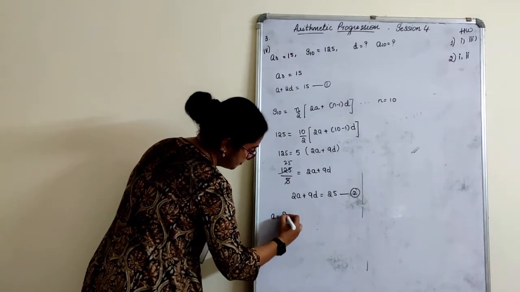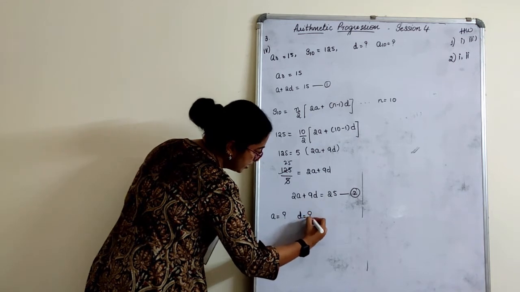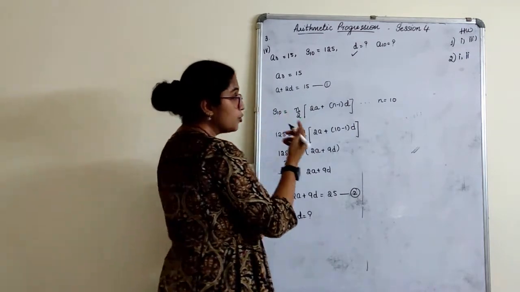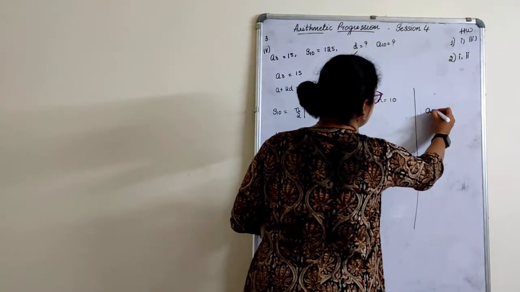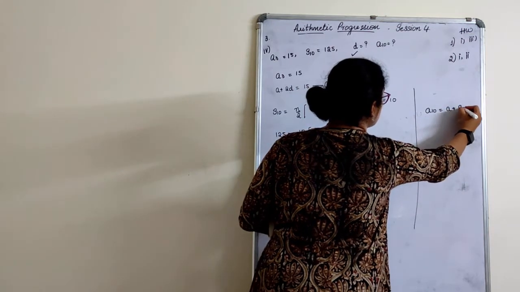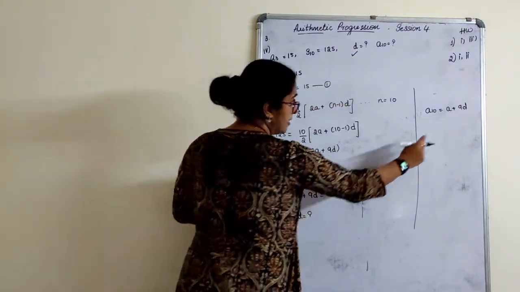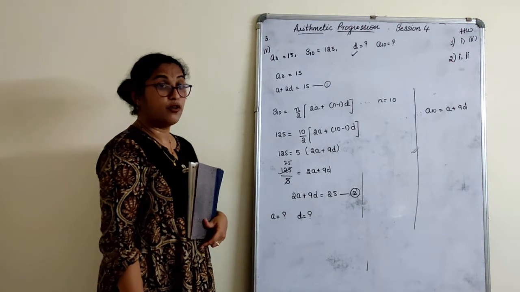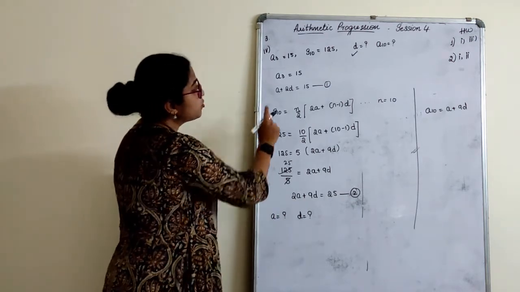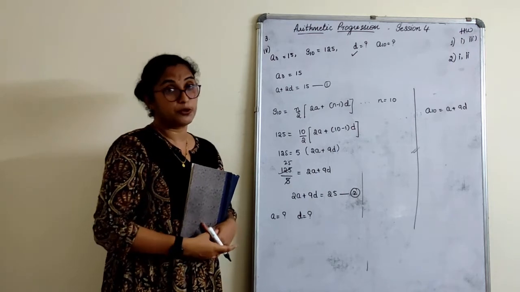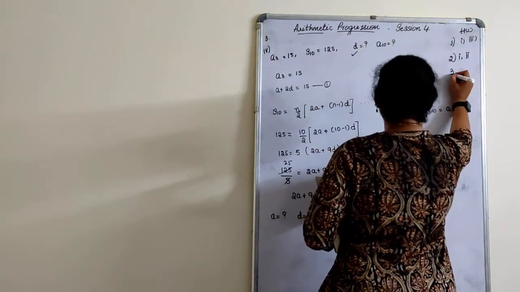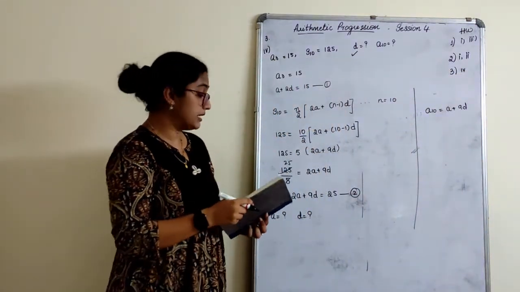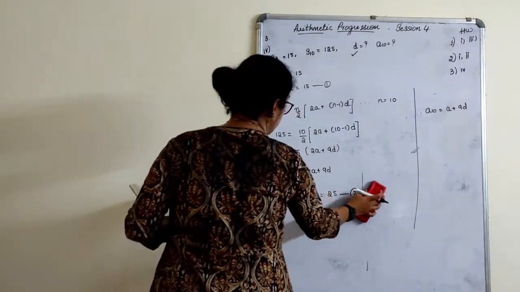Yes, it will be homework. You have to find a and d. Once you find a and d, our work is done here. The D part is over. You have to find A10. How do you find A10? A10 is written as A plus 9D, where you know what A is and you know what D is. With that you find A10. So fourth one, shall I mark it for homework? I have brought it up to here. I gave you two equations. Now solving these two equations is up to you. So from the third, the fourth one I'll mark for homework. Now let's quickly start with the next one.